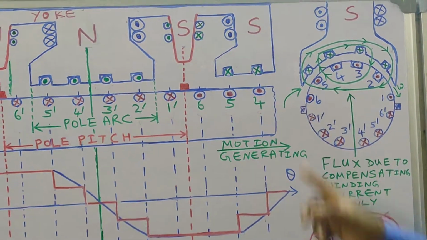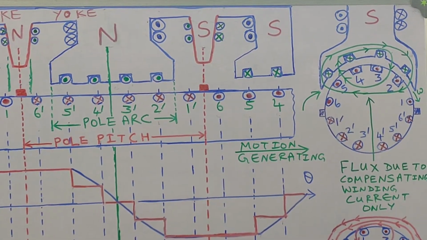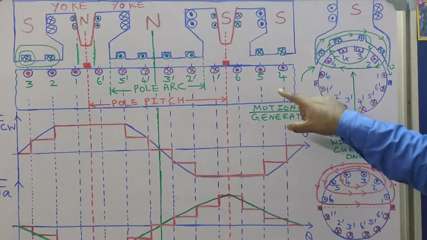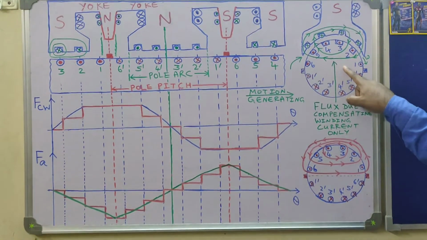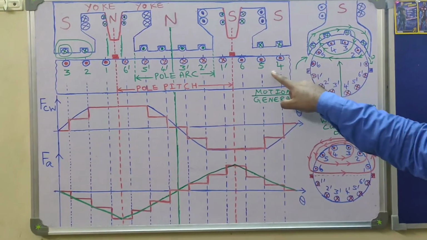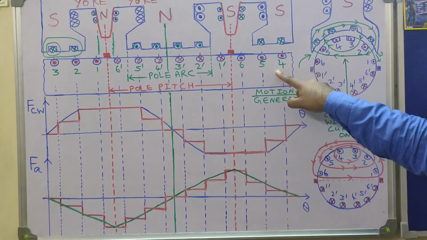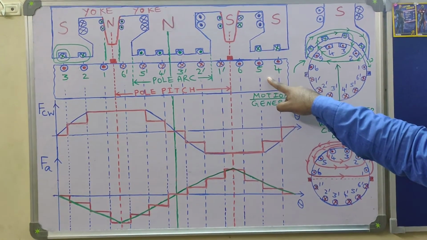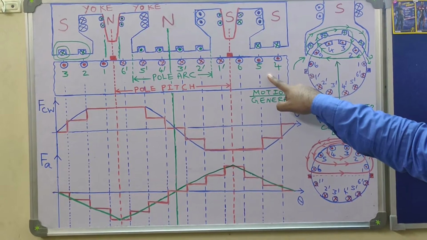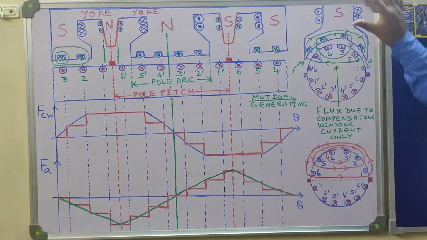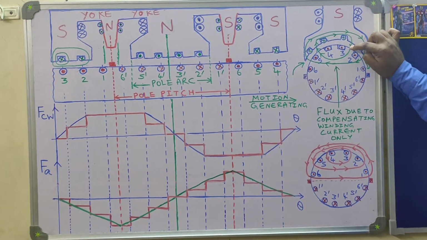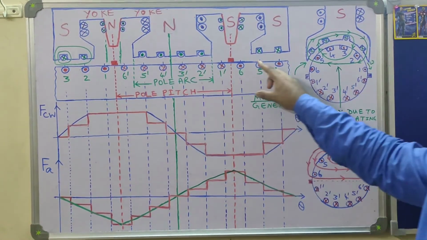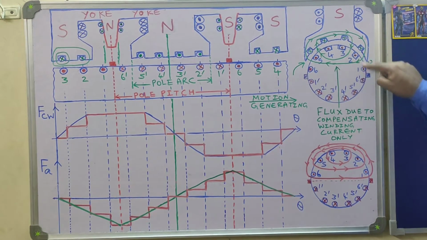This is done for simplicity and ease of drawing, but actually there are slots and teeth in the armature core. So this part is the armature core, that is the developed view of this. So this is the developed view, that is, we are assuming that the armature core is cut out and laid out flat. At least you should remember that this is the developed view of the armature core. While drawing the developed view, the armature slots and teeth are neglected, just as they are neglected here also.